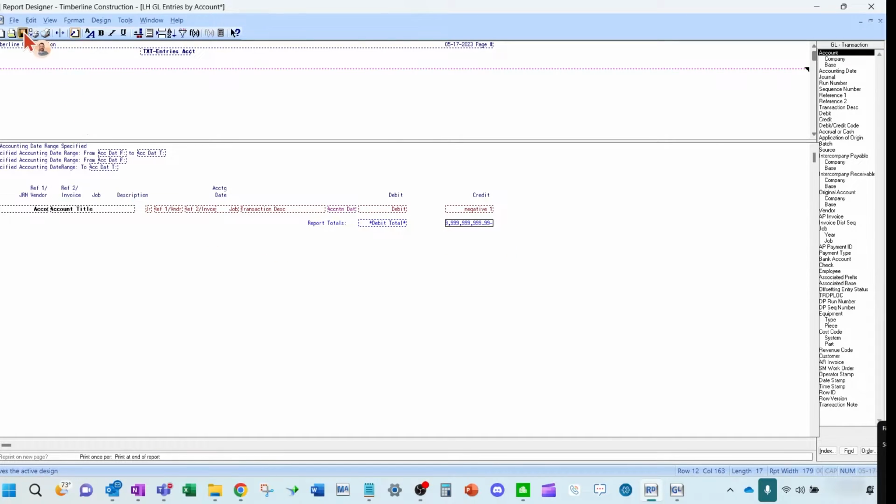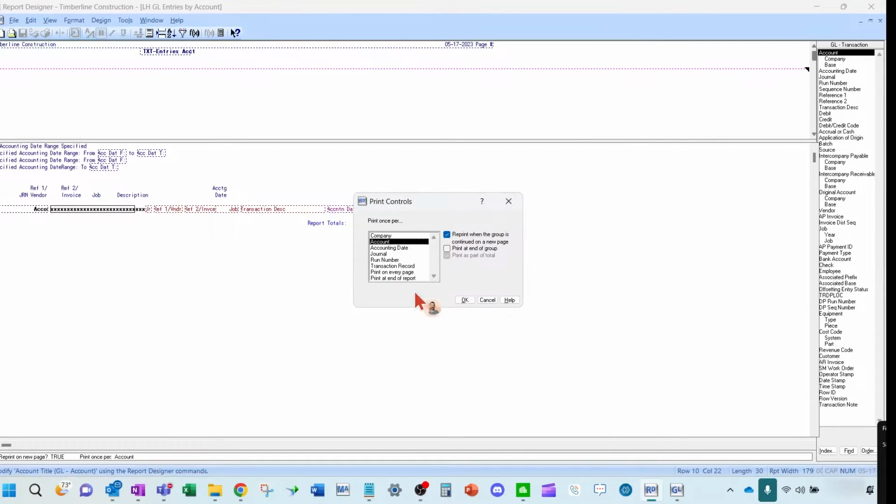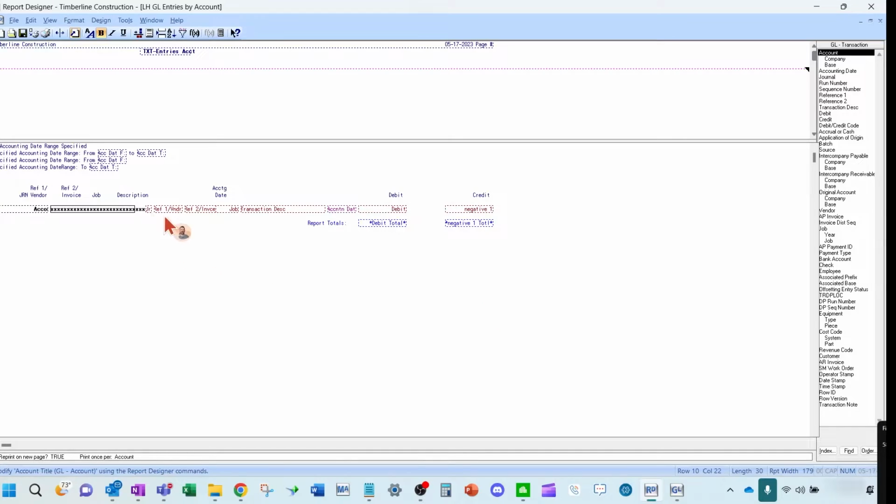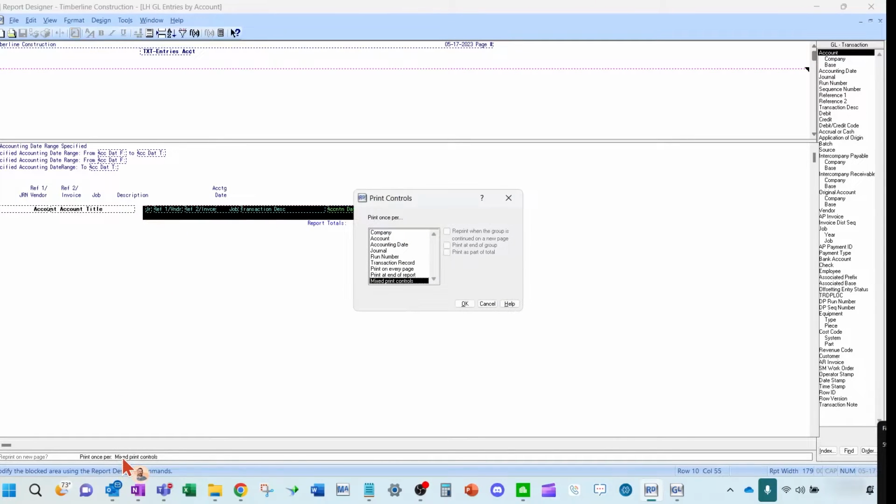So I have that all in one line, but now I need to make sure my print controls are correct. So anything that's static, like account and account number, you want to make sure that it's at the summarization print control. It's at account. So maybe you were printing this once for every transaction. You want this to be on the account now because it's only going to show one line. So the reality is you probably have all of this as one line. You probably wouldn't have this detail in that report. But I'll just make it all only one per account here.